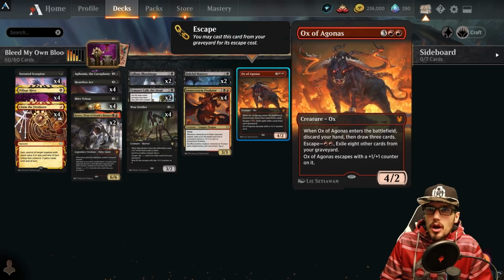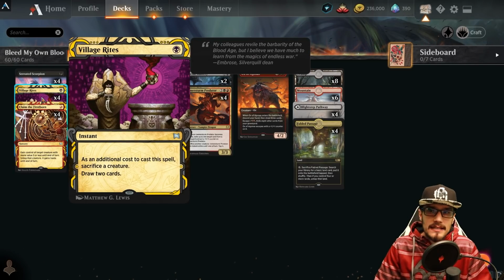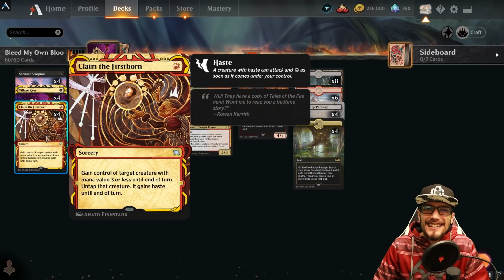We have more draw within the deck within Village Rites. As an additional cost to cast this spell, sacrifice a creature. You get to draw 2 cards. This is for 1 mana at instant speed, comboing perfectly with things like Village Rites,